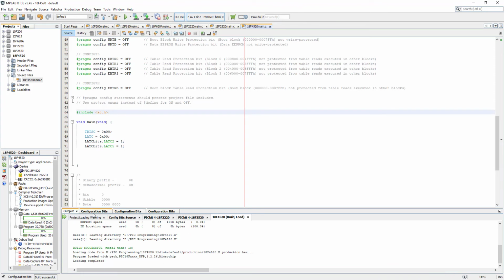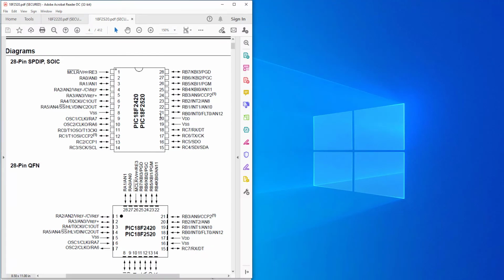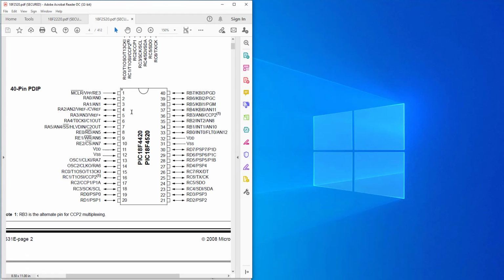Okay, what we see, the program is building perfectly, the same as we said before. 99% the program is going to be working in all of the PIC 18 series, depending on the program memory needs, obviously. Okay, so now let's make this one a little bit smaller like that. Let's go to the data sheet. So the data sheet is the same one as for 2520, but if we go slightly lower, we see our